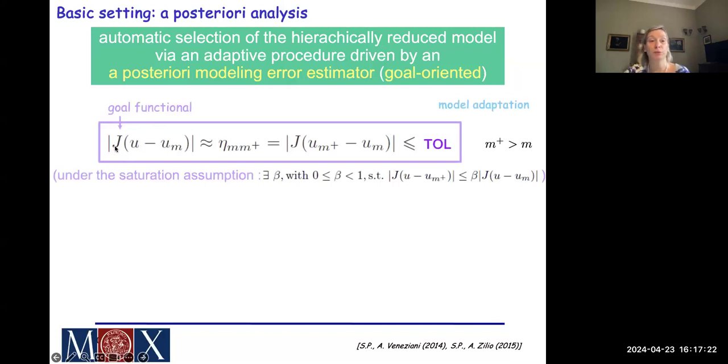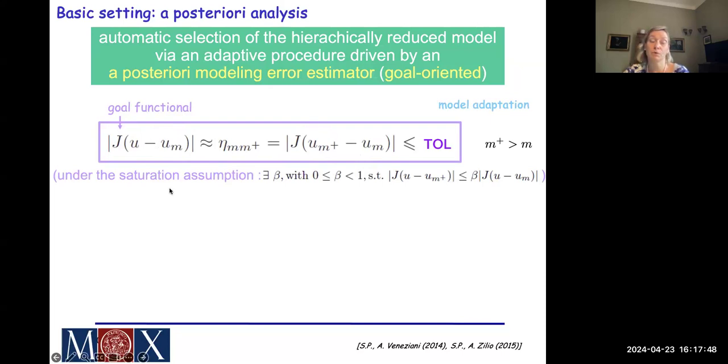So the difference between the value of a goal function, which mathematically translates a quantity of interest, and the corresponding quantity evaluated on the high mode solution. And this goal error is controlled in terms of our modeling error estimator, which has been derived under a rather,